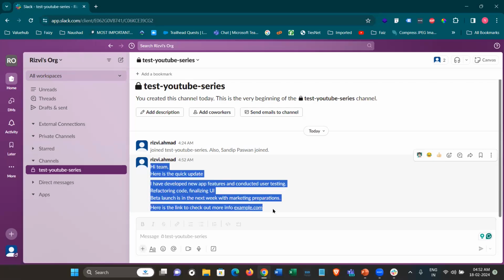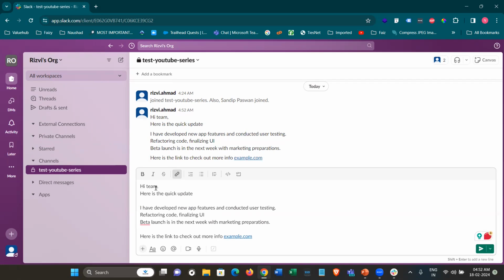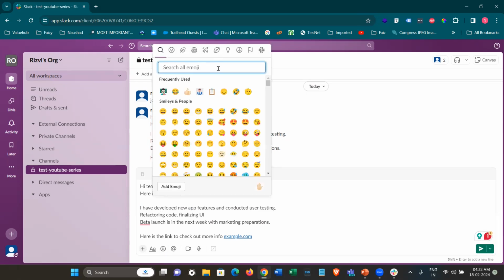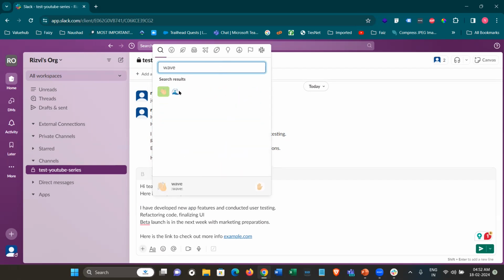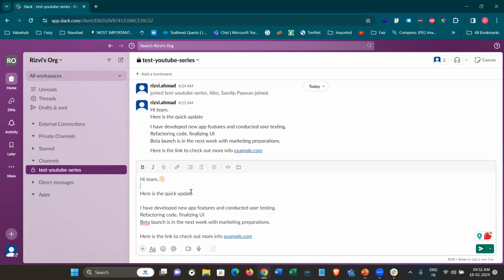We can select this and press Ctrl and C. Here we can paste this message and we will add some formatting to make it better. In the first line, we can add an emoji by clicking on the emoji button. We will add wave, so we can search for wave and select the emoji. The second line, we will select the emoji, press Ctrl plus P,